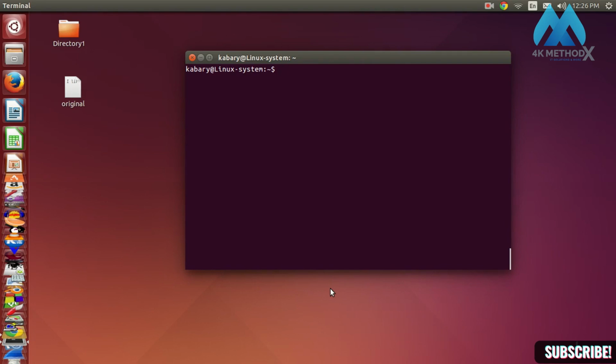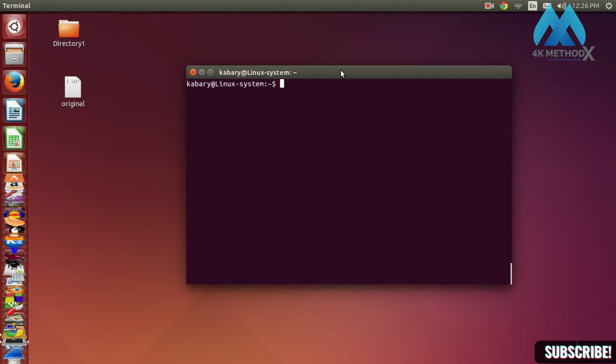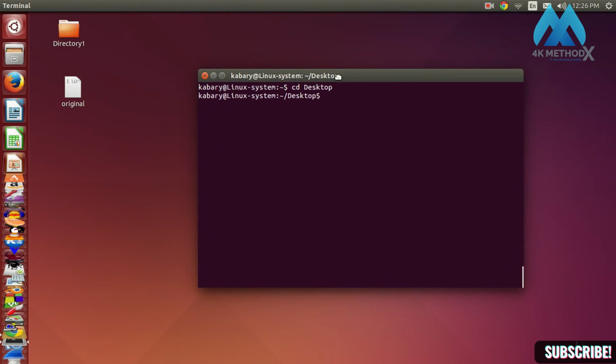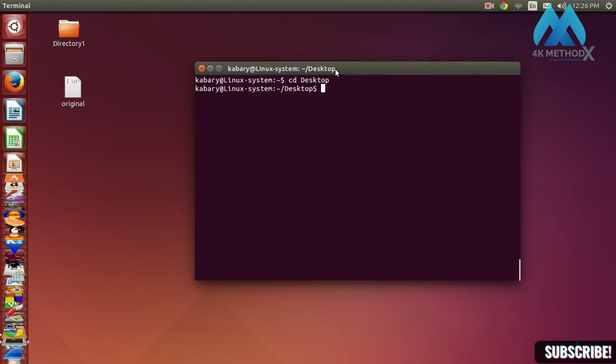Hi. So in this video, we are going to learn how to create hard and soft links. But before we do that, we have to know two options that come with the ls command. So here I'll just change directory to my desktop. And okay. So the first thing that we need to learn is how to show the inode numbers of the